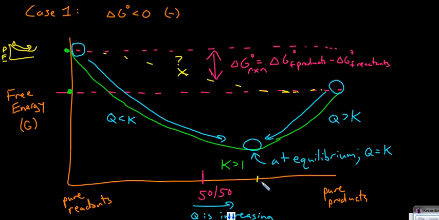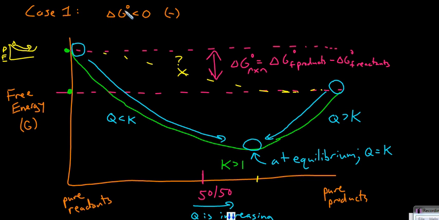We can see that as the reaction proceeds, we do decrease in G. That reaction is going in the forward direction spontaneously if we had started with reactants. Or if we had started with just pure products, the reaction would go in the reverse direction spontaneously until we got back to that equilibrium state where K is equal to Q. We can see that